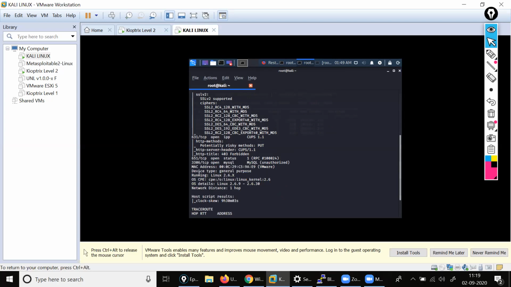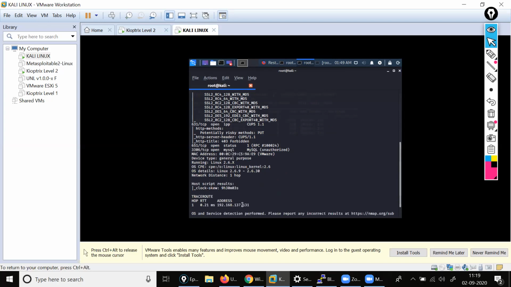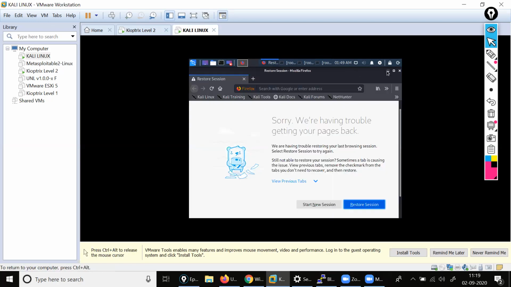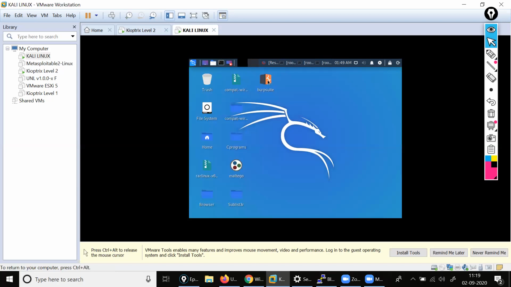Are you getting it? So these are the important ports here. Come down here. It is showing me that it scanned this IP address, 192.168.137.131. This is the IP address. Clear. The operating system is also shown as Linux. It is working on the Linux platform with kernel 2.6.9 to 2.6.30. Clear. That is the important information you can get with the help of this command. And you have to update your Java also. What I will do after that, I will open my Burp Suite. Let's come here. This is my Burp Suite.